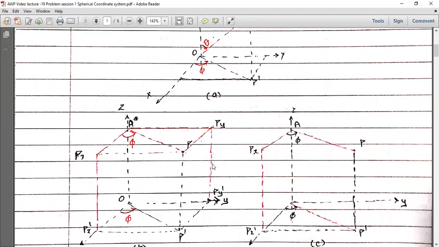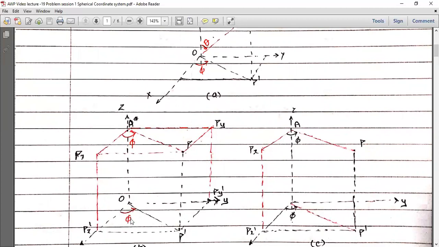As you can see here, we have point P here. Point P is joined with point O. This distance from O to P is the first coordinate of spherical coordinate system, R. Then the angle between OP and Z axis measured from positive Z axis will be the theta. And for finding the third coordinate, what we do, we draw perpendicular from point P to XY plane, that is projecting point P on XY plane, we find P dash. And the angle between positive X axis and OP dash in anti-clockwise direction, as you can see here, this angle